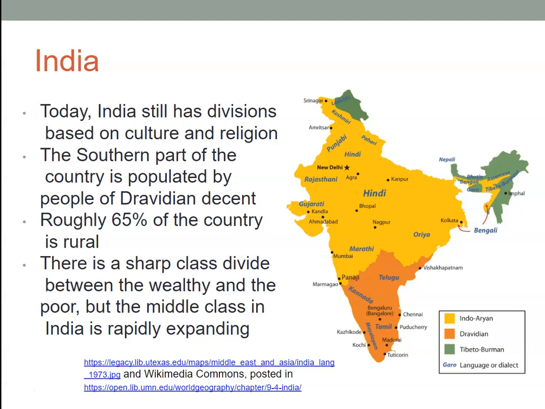We've also been seeing a lot of name changes in India. Originally, a lot of it was, once British colonizers left, there was the reclaiming of names to their original Hindu names. So, for example, you may have heard of the name Calcutta. It's actually now called Kolkata. For example, Bombay is now known as Mumbai. So, for example, here's Kolkata here in the east, Mumbai here in the west. So if you hear people talk about Bombay and Calcutta, those are British names that were used during the British